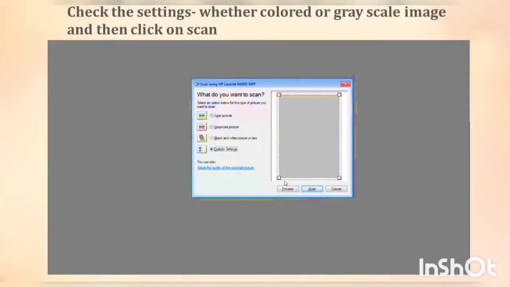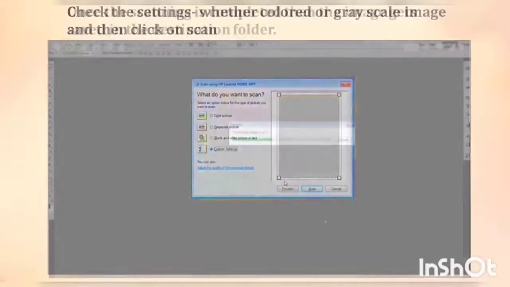If you want to crop certain things, say sometimes when we scan, you might want to omit a particular section. Say you have scanned an image of two people standing together and you don't want one person to be there in that image, so you can crop that particular person. I'm just giving you an example of a person. It could be anything. You can just crop it and then again you click on the Scan button. Once you click on Scan, the image is scanned again and then your image is stored in the background, in the location which you have given.